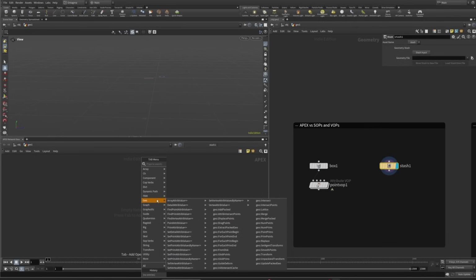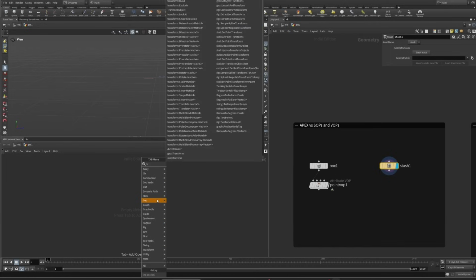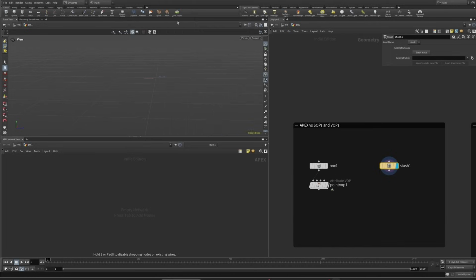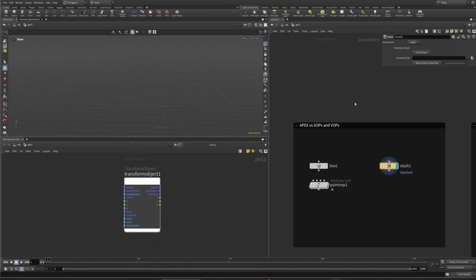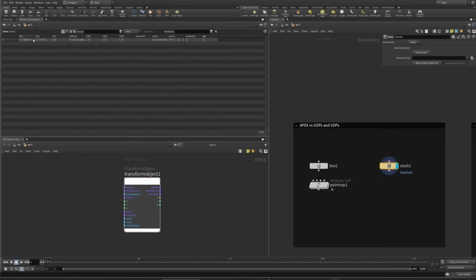Let's just go for a very common node when you're doing, for example, rigging. That would be the transform object. So this one. So now we have made our very first node in Apex. Yeehaw! If I middle mouse button on the stash node here, you can see it actually added a point. And you can see here we have a point. Turn on the visualizer. And if I go over to my spreadsheet tab here, you can see we have a